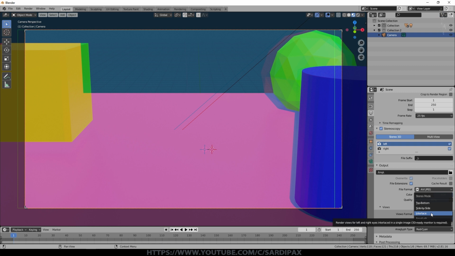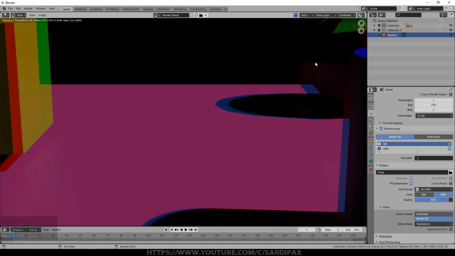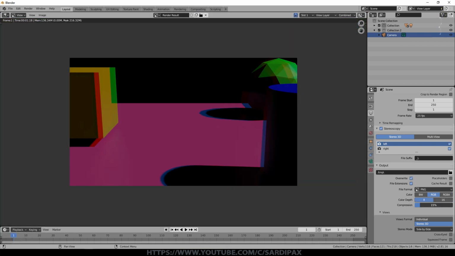What I did was I first of all started off with top, bottom. The advantage of top, bottom is you are compressing the video on the vertical axis, but you are not compressing it on the horizontal axis, which is of course the widest axis. So if I render just one frame, it shouldn't take very long, and there it is. So I've rendered one frame there, and what I want to do is also click this squeezed frame. So it won't actually show it on the screen, it's showing a combined image, but rather than an anaglyph like that, what it will actually create when I output it to the disk is two images.